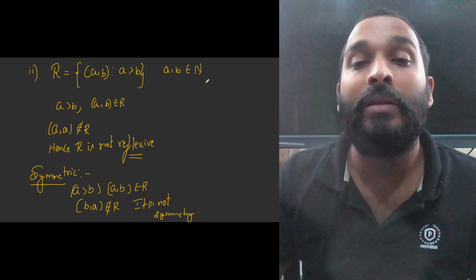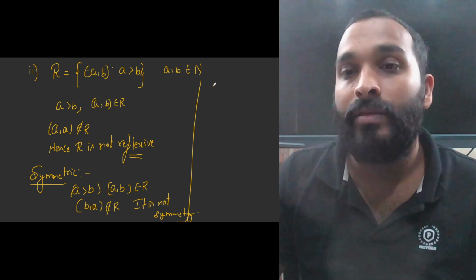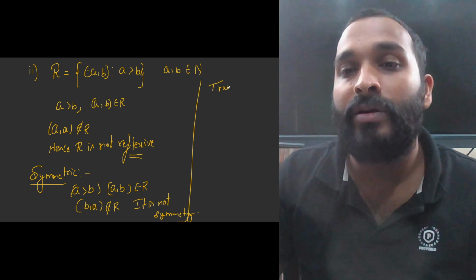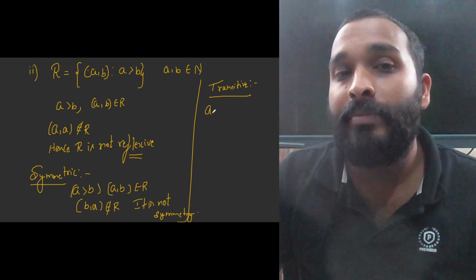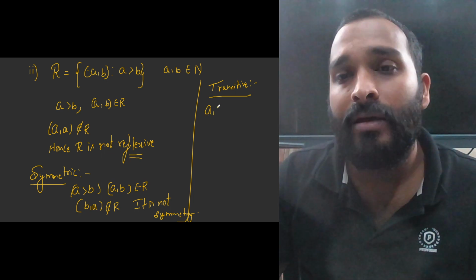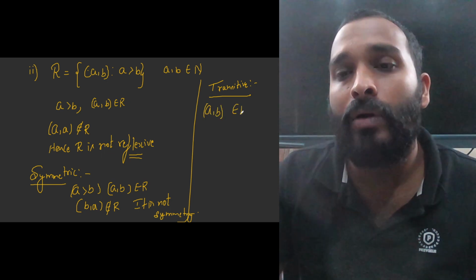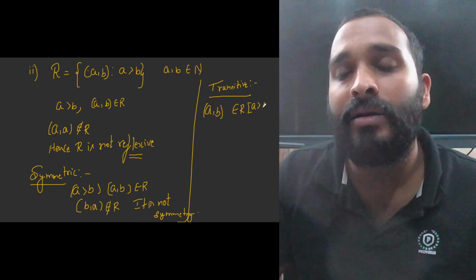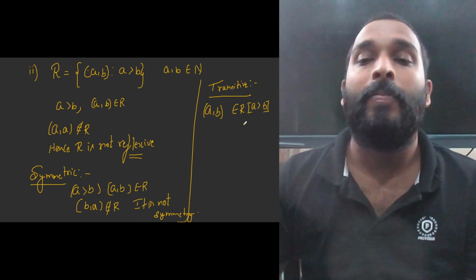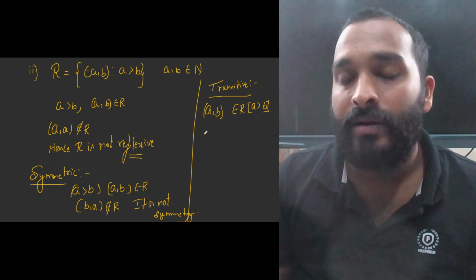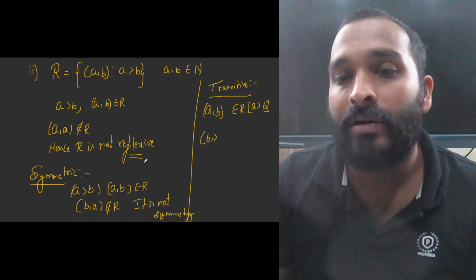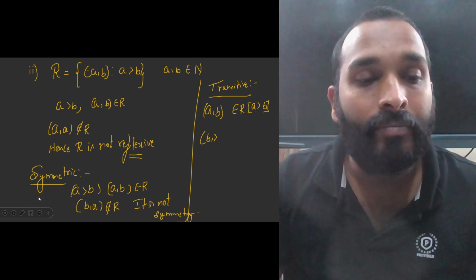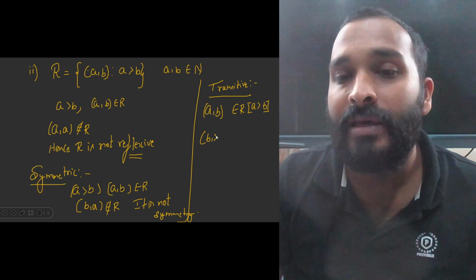Now, let us check for the next condition. Now, we will check for the condition transitive. Just observe here children, very important, the last step. Now, let me take (A, B) belongs to R. In that condition, you need to remember A is greater than B. Now, you can write B greater than C, or you can write (B, C) belongs to R. Possible children, that means B is greater than C.